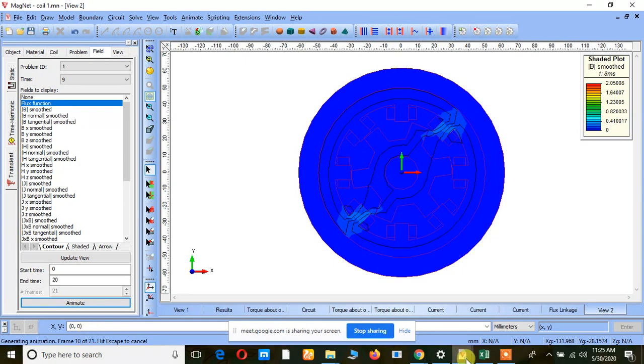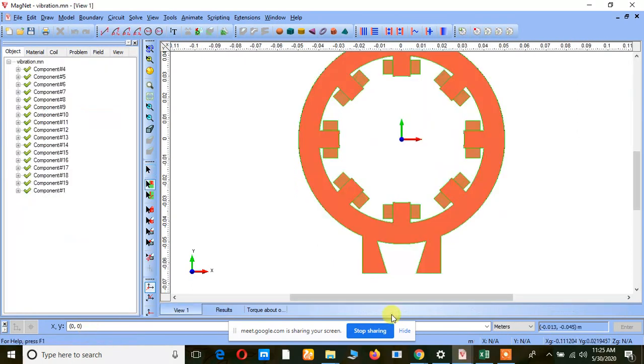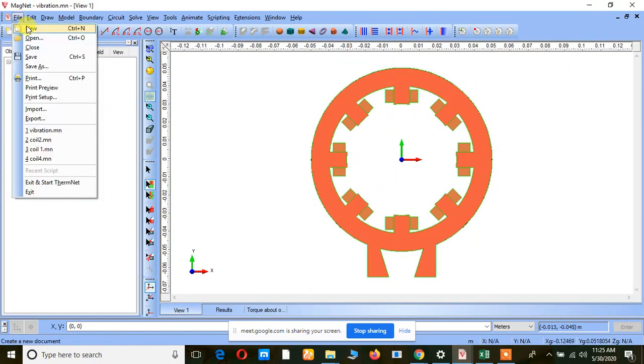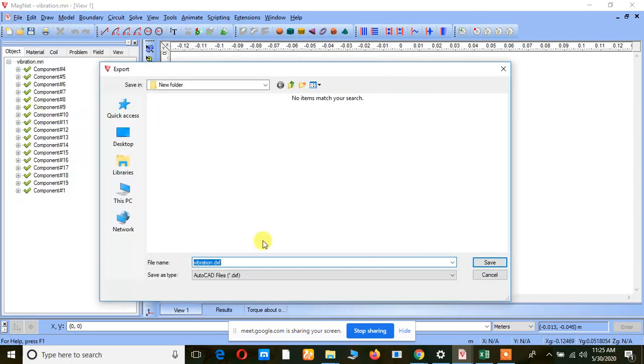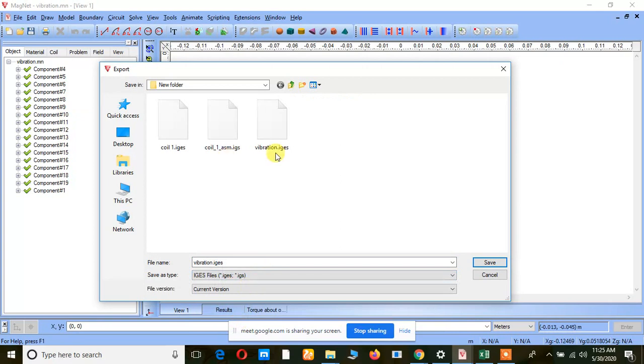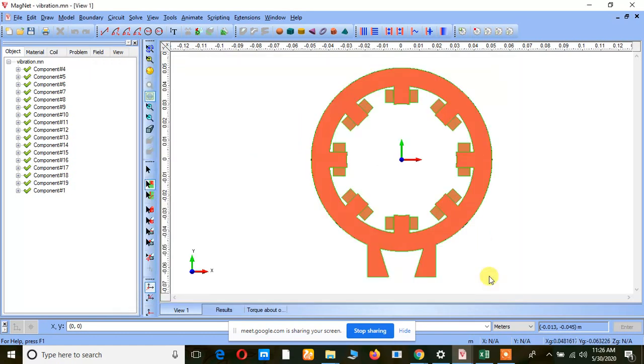In the meanwhile, we will go to the vibration packages, right? After converting this into IGS format, just checking this one. See here, it is converted into IGES, but what I need is IGS, right? Then only it will be easy to run the machine.